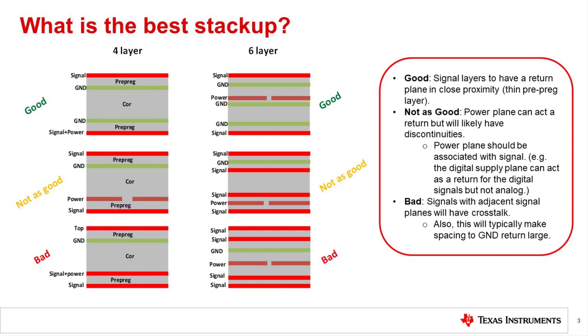One possible issue with this approach is that the power layer may be split into multiple power rails. In this case, there will be discontinuities or slots in the return path and stitching capacitors will be required to bridge the gap. Also, when transitioning from the top layer to the bottom layer, the return path will need to transition from ground to power, and this will cause RF emissions.